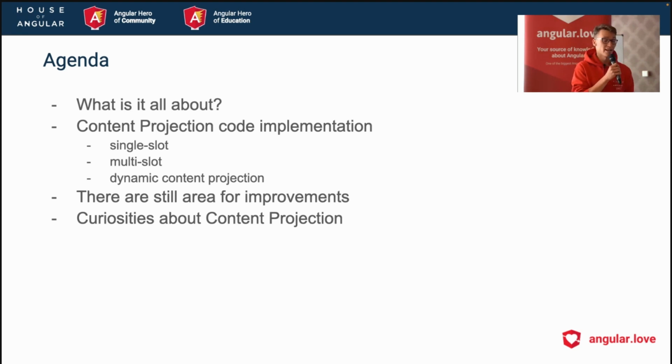Okay, so a short agenda about what I'm going to say today. The first part is some general words about content projection. What is it all about? What are the topics? What is it really? How is it implemented in Angular and also in other frameworks, libraries, and in general in web APIs. Then the implementation in code, from, as I said, the easiest part, like a single slot, to the more complicated multi-slot,